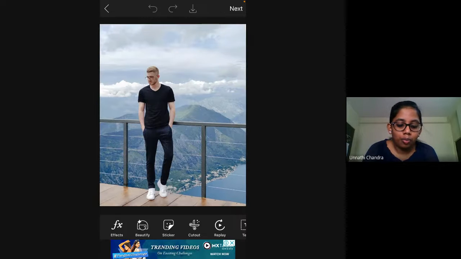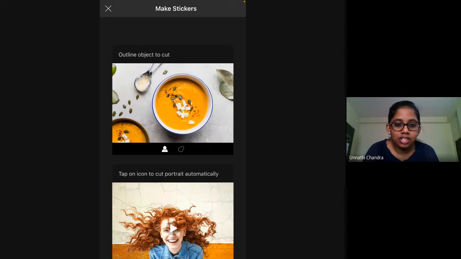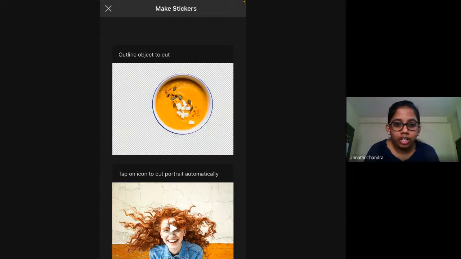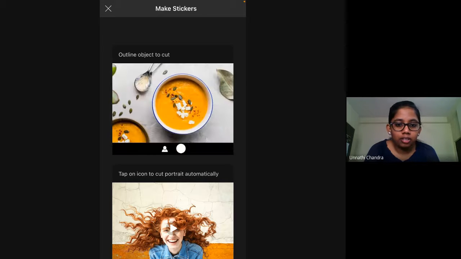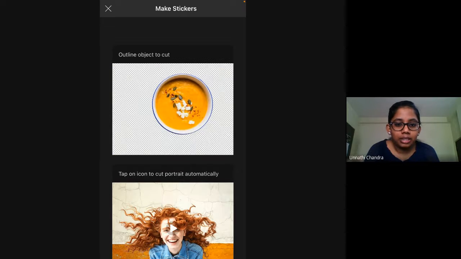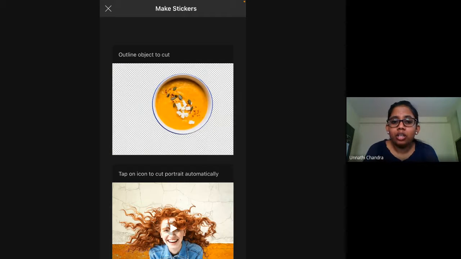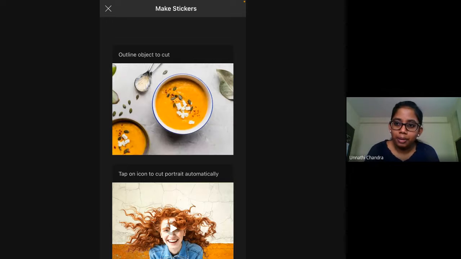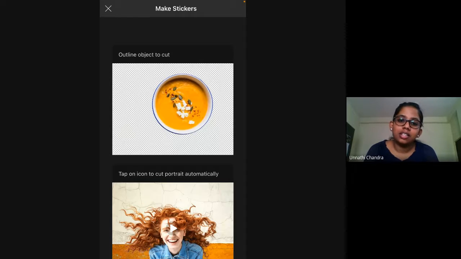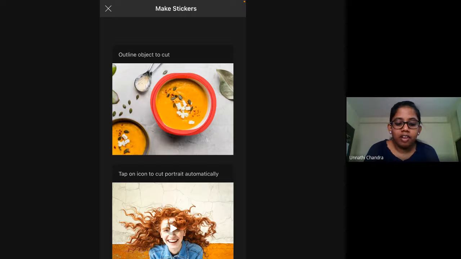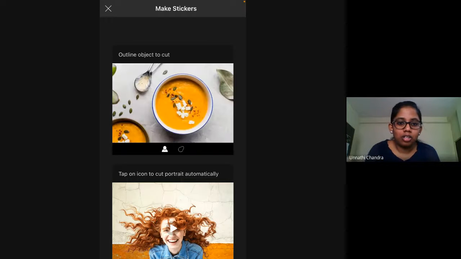You have the cutout option here. As you can see in the tutorial, you outline the object and it is cut out, just like cropping. Just think of it as cropping. But what this does is you can cut out that picture and later use it as a sticker too. So let's say I found a really good meme or just a photo.